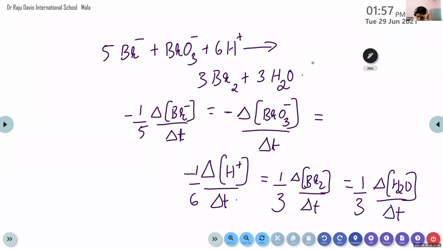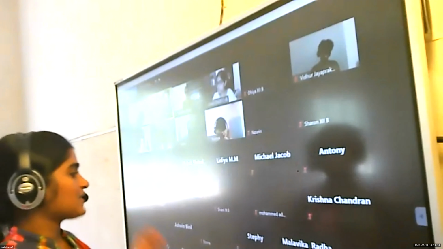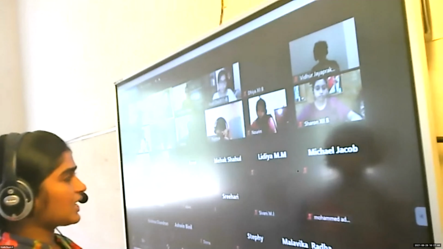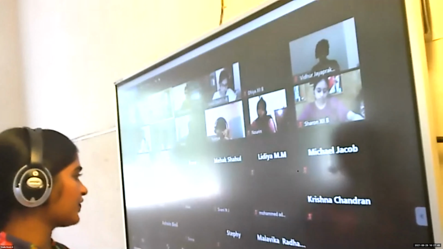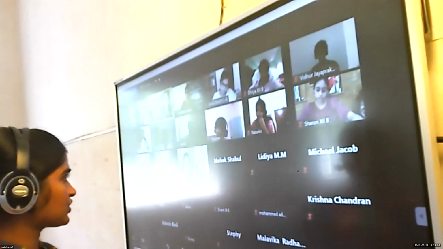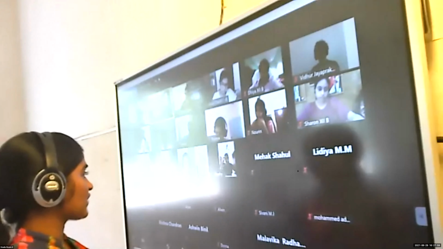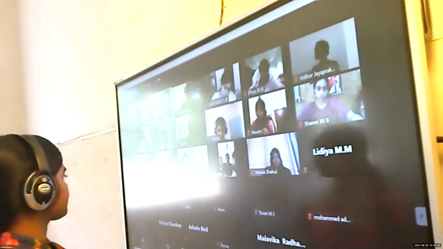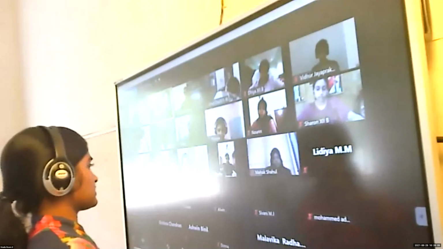So today we have discussed average rate and instantaneous rate, then the different equations that can be used for average rate and instantaneous rate from the graph, then the unit of rate of a reaction, then how to express different chemical reactions as rate in terms of reactants and products. This is clear for everyone? Please read this portion very well before the next class.